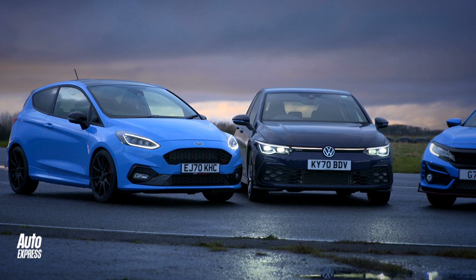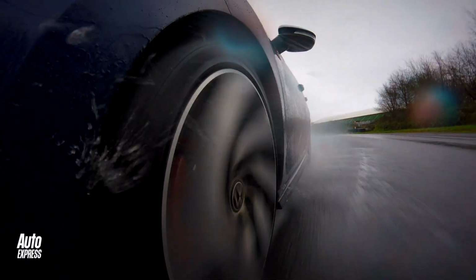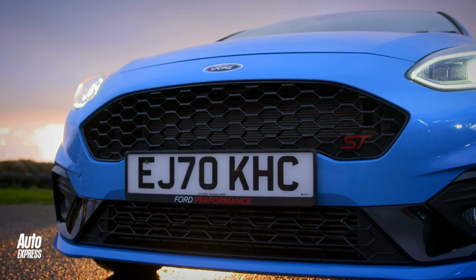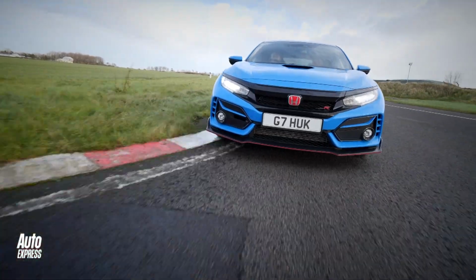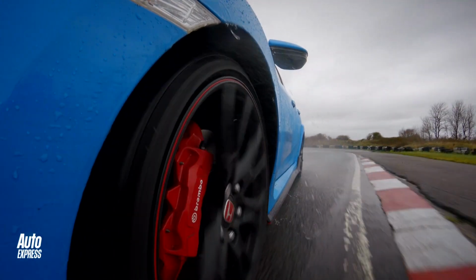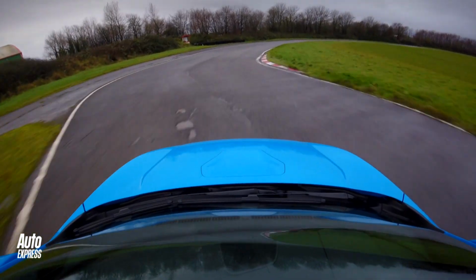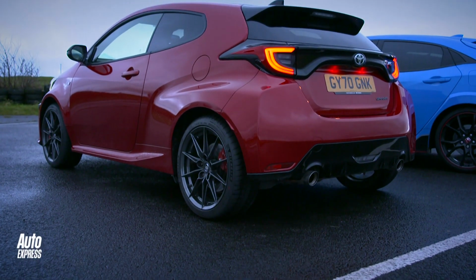the new 8th generation Golf GTI, tested here with a DSG gearbox and 242 bhp, or Ford's excellent Fiesta ST Edition, or the revised new version of Honda's already brilliant Civic Type R. Well, the Honda is the most powerful with 316 bhp and is the most expensive at 35 grand. But the 33 grand Yaris is the smallest and weighs